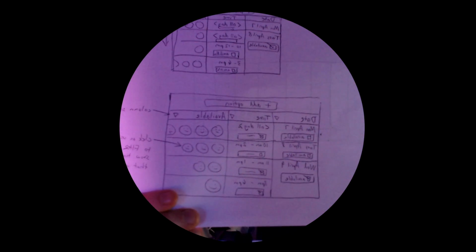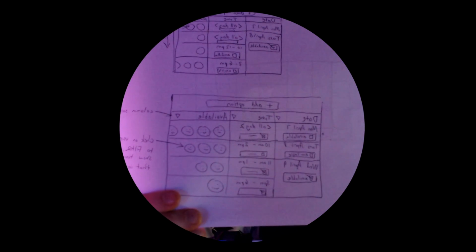So let me show you what the user experience is that we're trying to go for here. Let's see if this will actually work. I don't know how dark it is in here. Okay. I think you should be able to see that. Oh, maybe not. Okay, so basically it's a grid that they'll show in the pod where you can see dates,